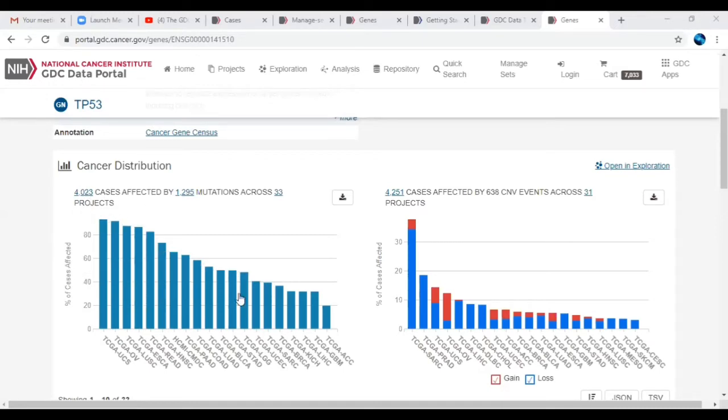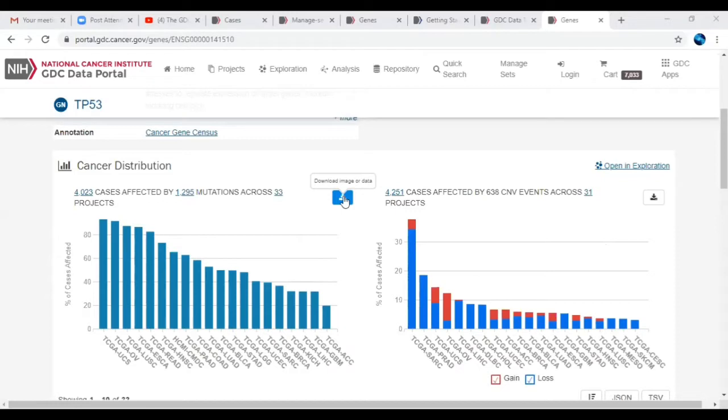one particular gene only. Here you can see the copy number variations. Do they gain the variations or loss? With respect to the same, the percentage of cases affected, and with respect to the different cancer types. You can directly download this data in the form of an image or in the form of data.